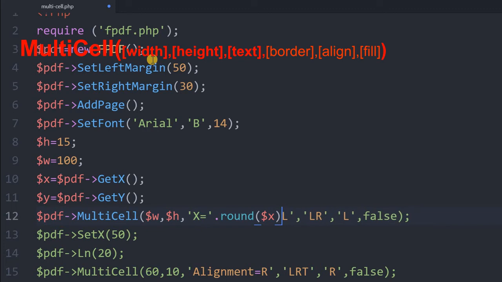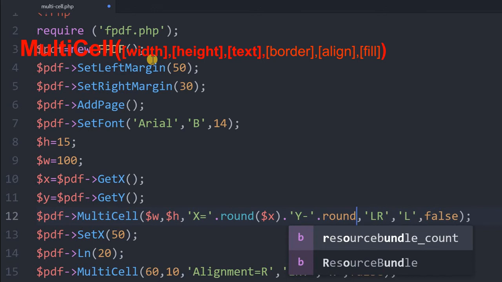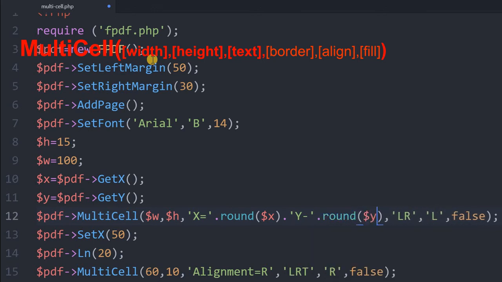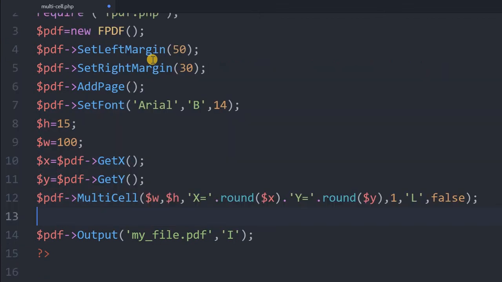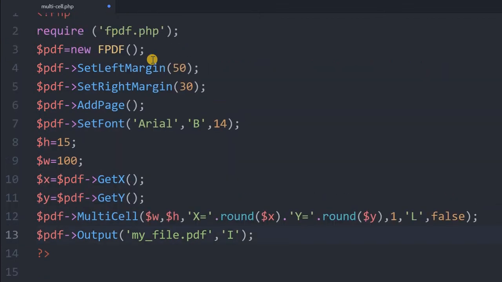Now dot, we are adding y equal to, dot, round y. Now here instead, we will give 1 for the border, and alignment is left, false. Fine, so the rest below this we will delete, and generate the output directly, then subsequently we'll multiply this.